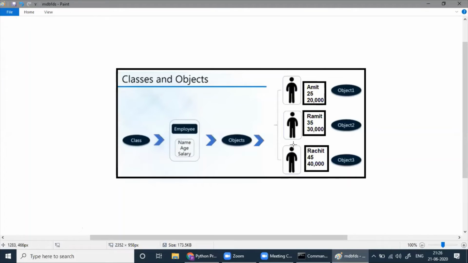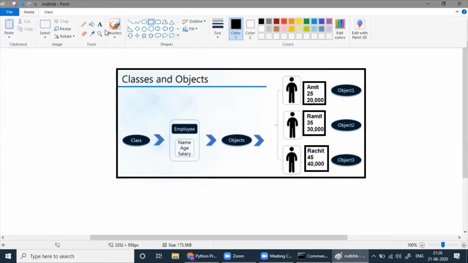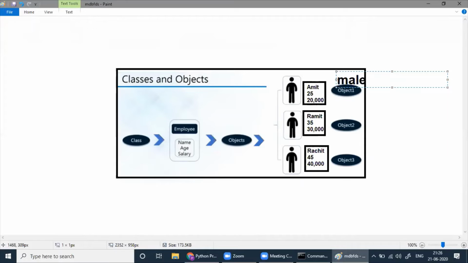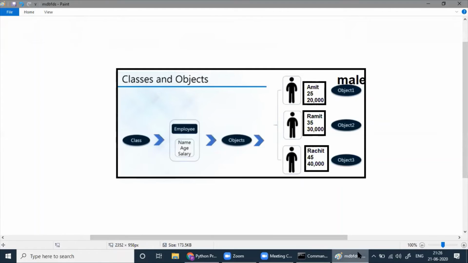Let's go back to this one. You tell me something which can be common to all. Suppose I want company name. Yeah, company name. It's common to all. I need not send it here. Even if I made sure that all are male employees here, suppose this is common for all. So I need not write here, here, here specially. Here once, here once, here once. If I write, that's fine. But instead of writing here, I will make it a class variable.